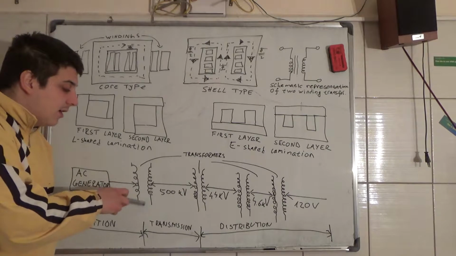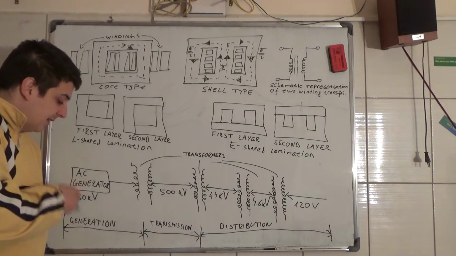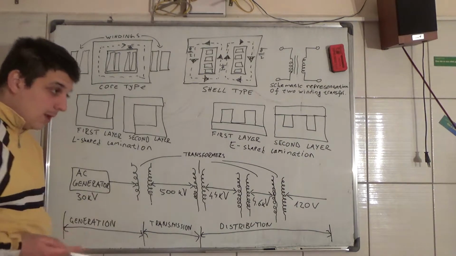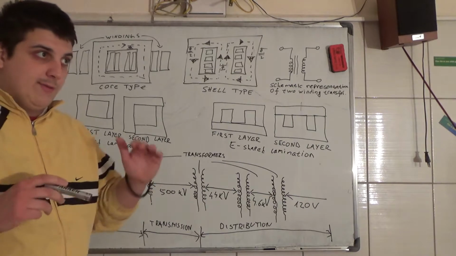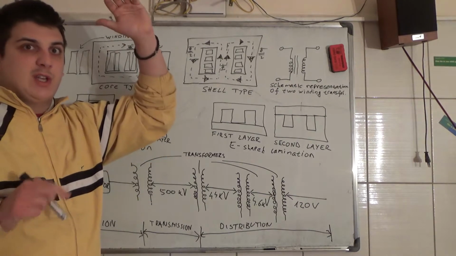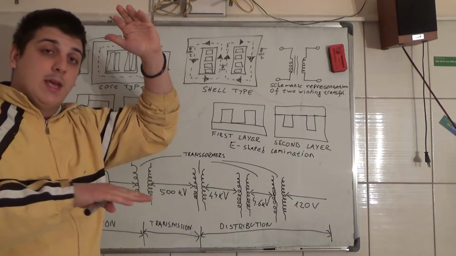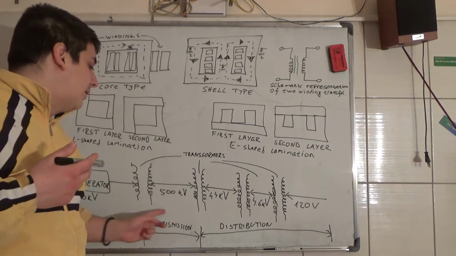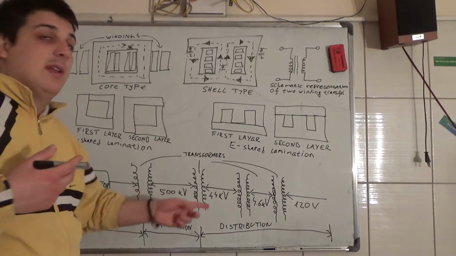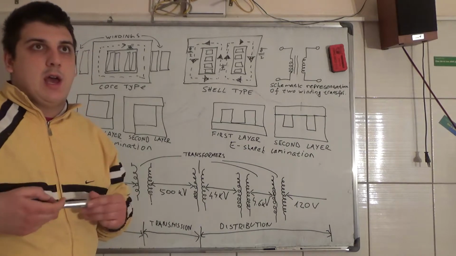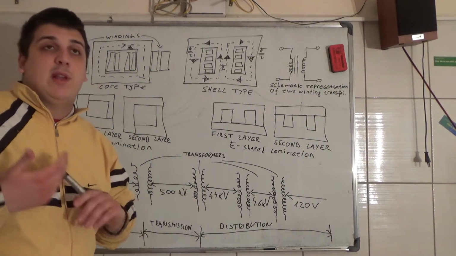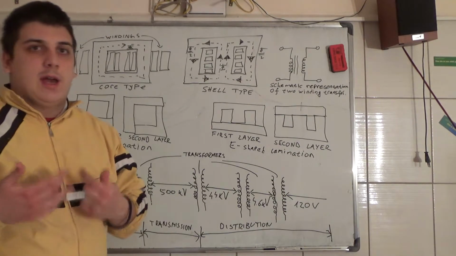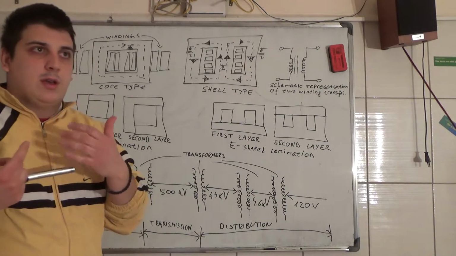What do we have here? We transform this 30 kilovolts into 500 kilovolts. If we step up the voltage, we lower the current, and that's why we have smaller losses when this is transmitted. That's why Tesla won. This is the basic principle. This is the main reason why Tesla won against Edison in